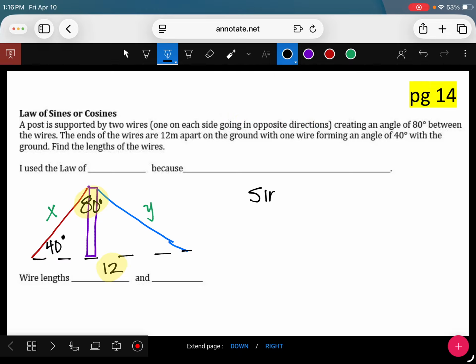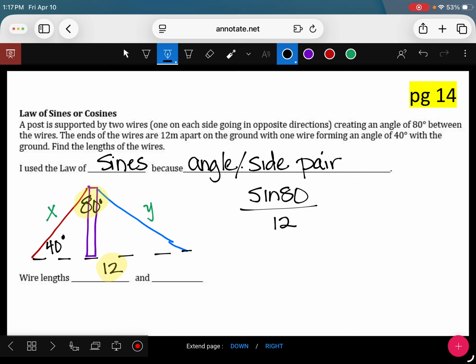Law of sines is because we have an angle-side pair. That is why we are using the law of sines. So I'm going to set it up as sine of 80 over 12 equals,